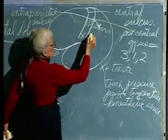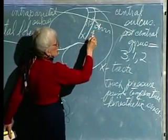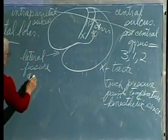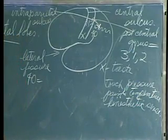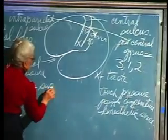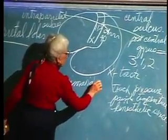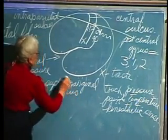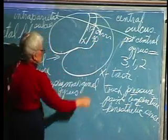And the area at the end of the fissure is area 40. That's called the supramarginal gyrus. If I follow my lateral fissure back into the inferior parietal area,